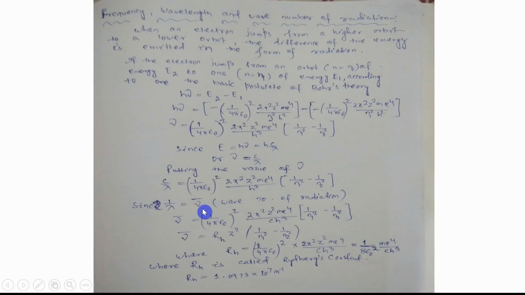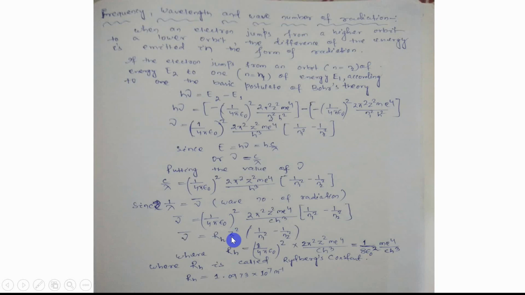The definition of wave number is the reciprocal of wavelength. So nu bar equal to 1 by 4 pi epsilon naught whole square, 2 pi square Z square m e fourth divided by c h cube, into 1 by n1 square minus 1 by n2 square,